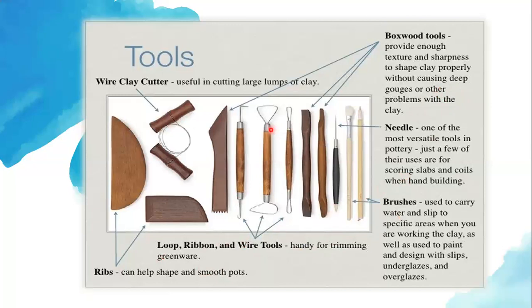And then here we have the three that are lobe, ribbon, and wire tools, handy for trimming green wire, okay? Estos objetos siguen ayudando para cortar cerámicas y para crear formas. Para cortar la cerámica, para hacer específicos agujeros también dentro de la cerámica, dependiendo del diseño que el artista